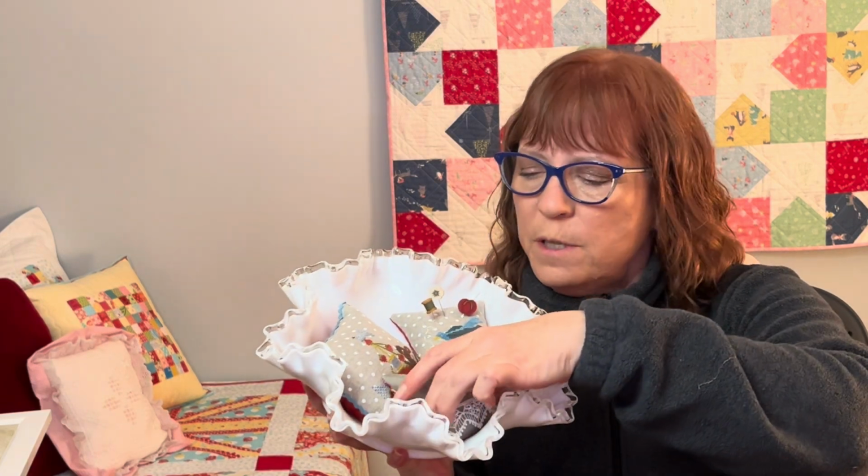All right, let's see. I've got this milk glass bowl full of some little things that I made. This normally sits on my dining room table, but my dining room table has a big snowman on it right now. So these are,